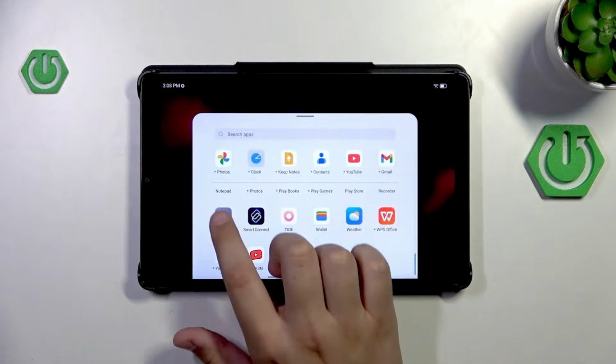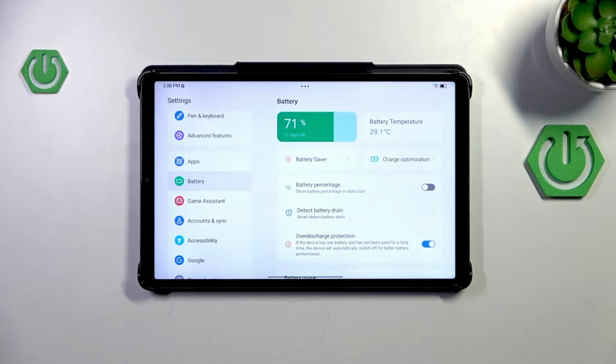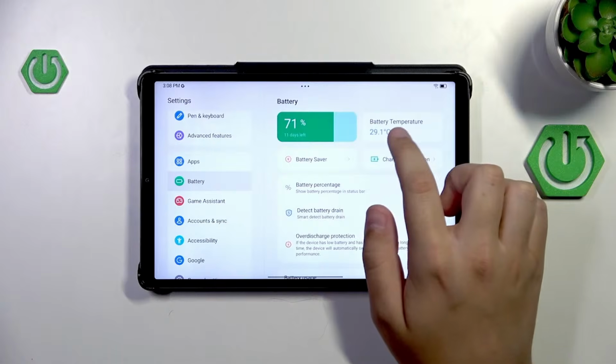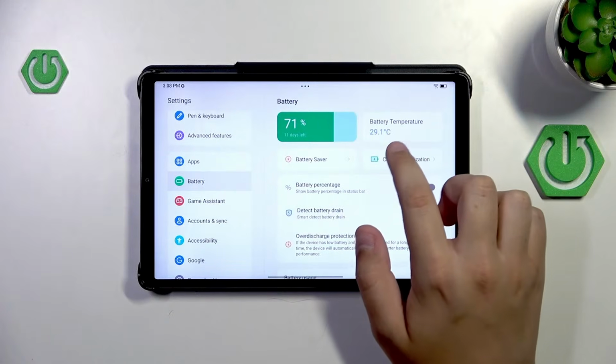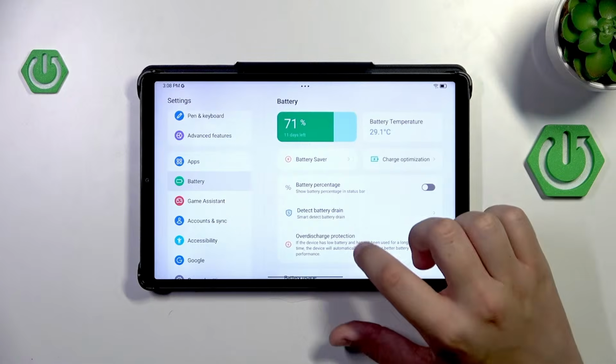So go to settings, now here go to battery, and here we will have the battery temperature. Now here we can check that this is normal, from 25 to 35 it's normal. Anything above is considered pretty hot, so keep that in mind. Now we can scroll down,